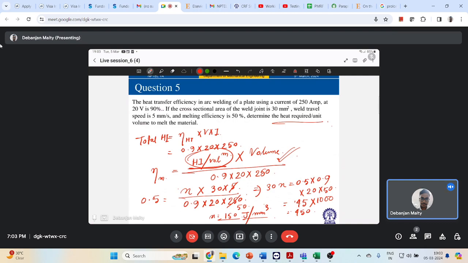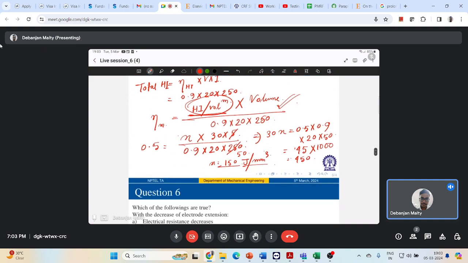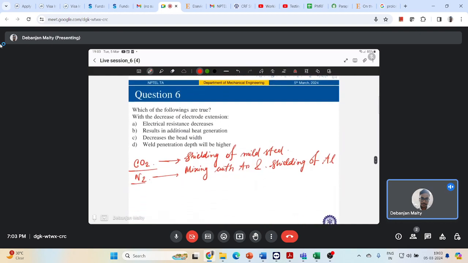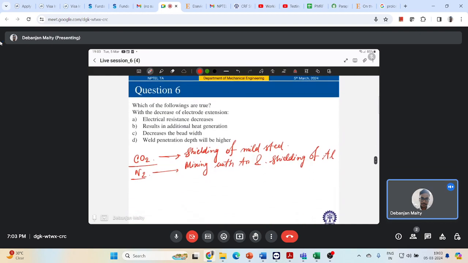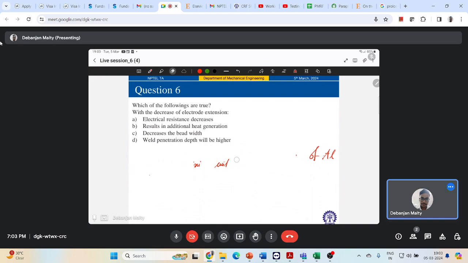And this convection, conduction, radiation parts are dissipated, right? So you always do some calculation of what will be my total heat energy. So that will always be equal to your,